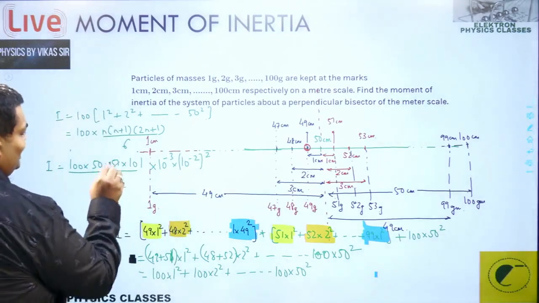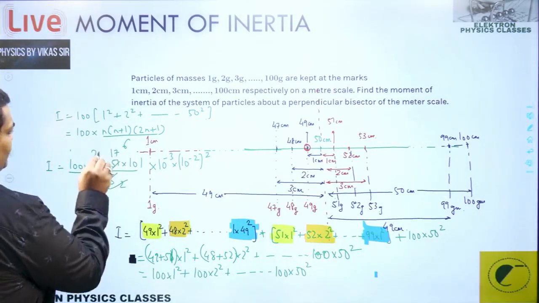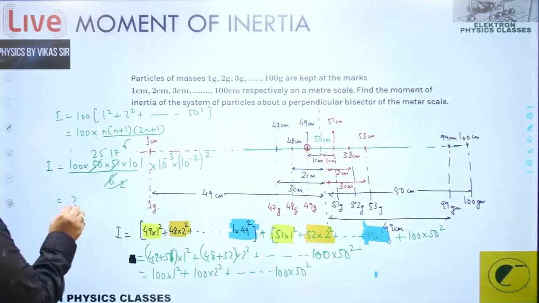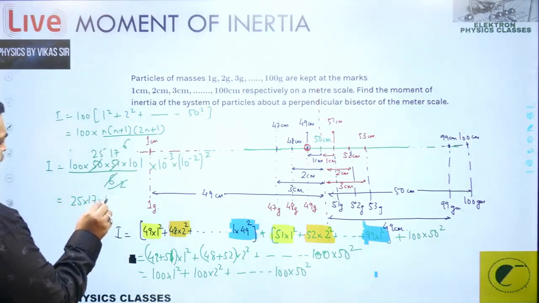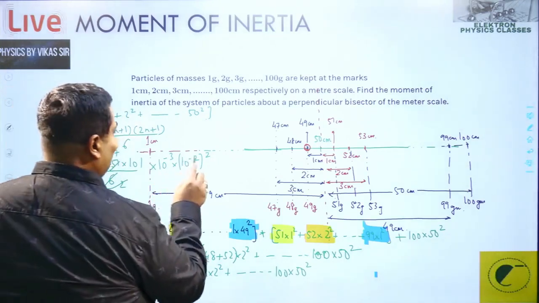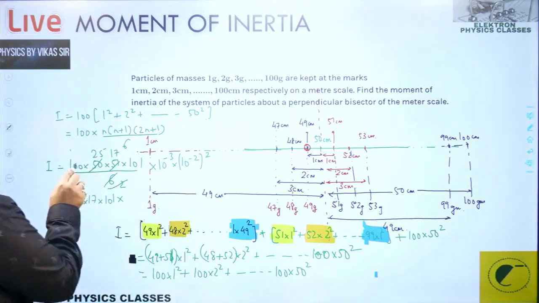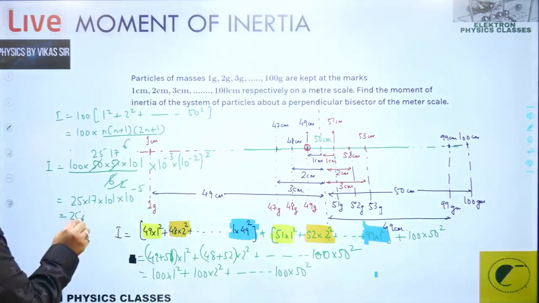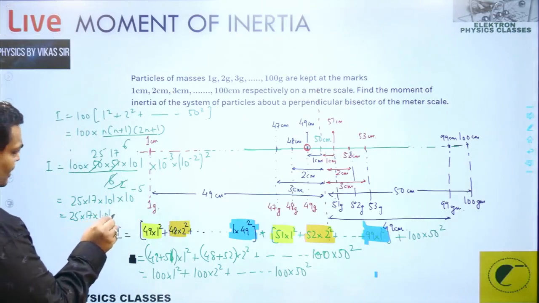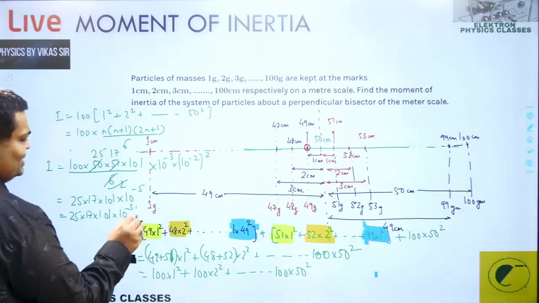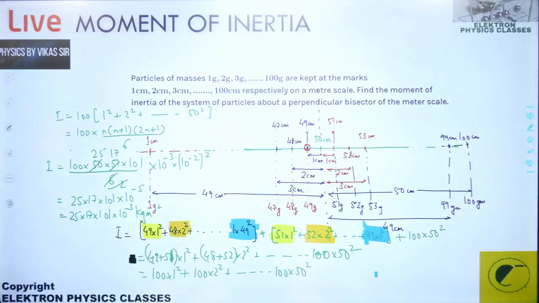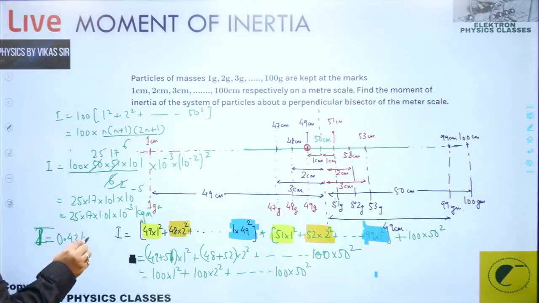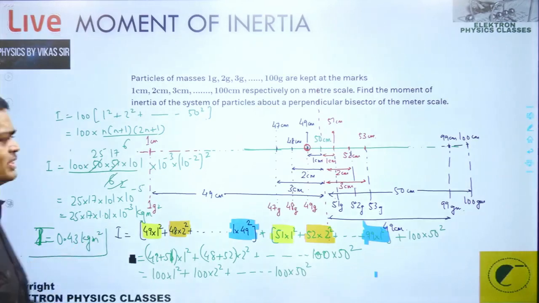So 326, and this is 17, and this is 25. So we get this calculation as 25 into 17 into 101 into 10 power minus 7 and 100, so 10 power minus 5. So that's 25 into 17 into 1.01 into 10 power minus 3, and the units become kilogram meter square. And on calculating this, you will get a value for the moment of inertia finally as 0.43 kilogram meter square after this much of an effort.